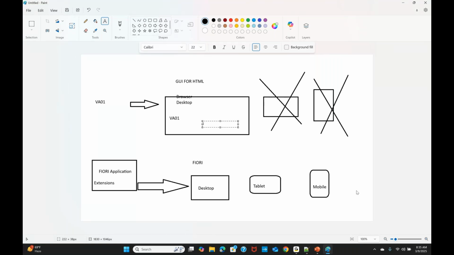Okay, in the same example, if you want to add a few extensions, you are using extension and adding a few fields. The front end, whatever you are adding, the back end, the relevant table we have, OData also you need to extend. Then we have to modify the table itself, am I right? Yes, obviously finally it is a table. Which table is it getting from? VBAK and VBAP.